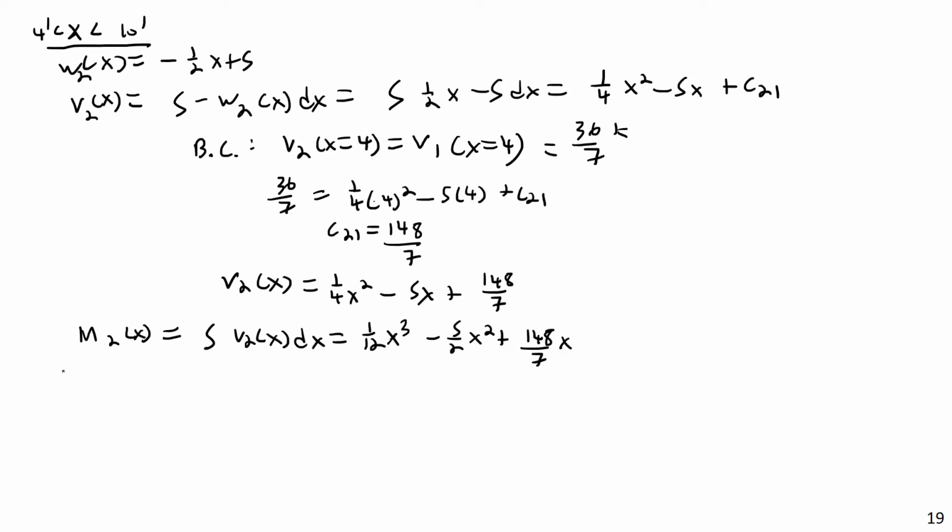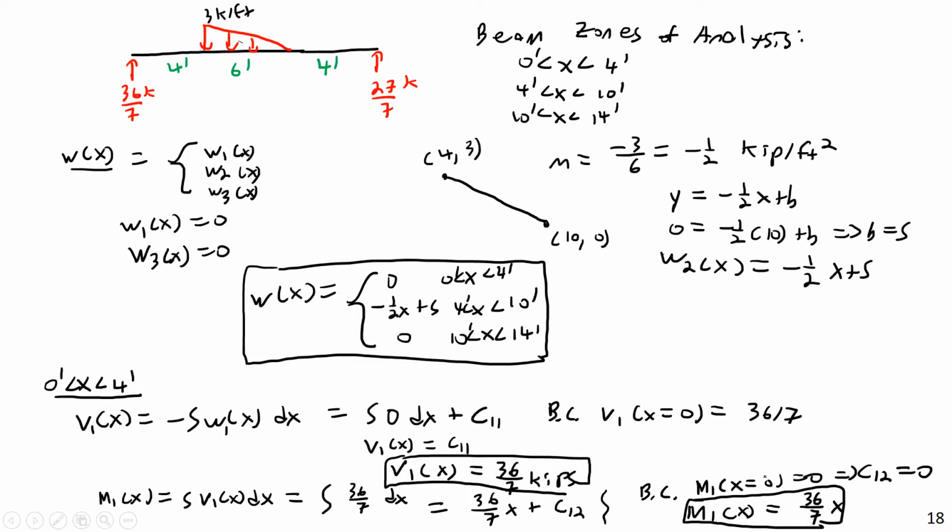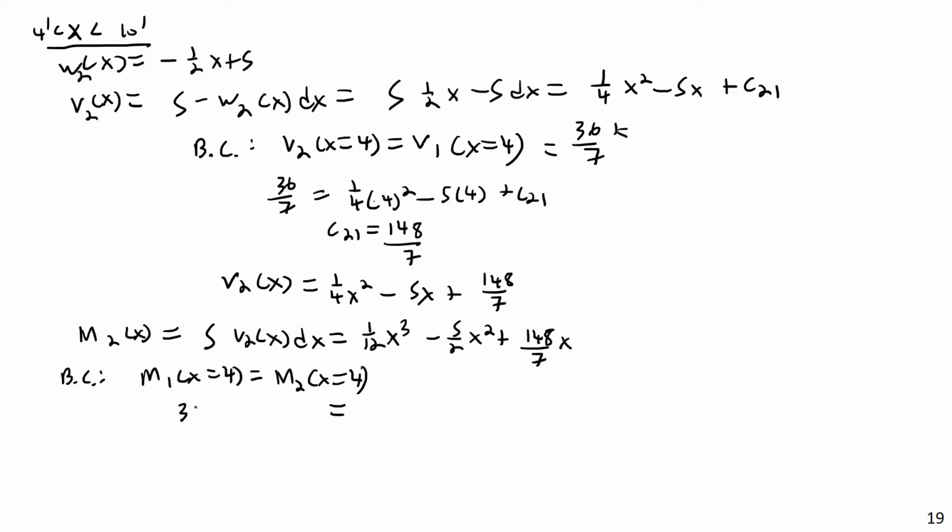And the boundary condition is going to be the same kind of thing. It's going to be balance of moments. Basically, the boundary condition is m1 at x equals 4 must equal m2 at x equals 4. And so I can just use that. I want to calculate the moment at x equals 4 for this first zone, so I'm going to substitute that into the equation here, 36 over 7 times 4, that's m1 as a function of x with 4 substituted in,